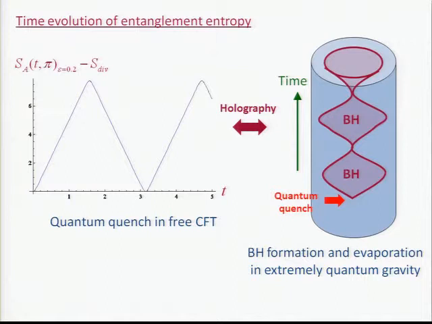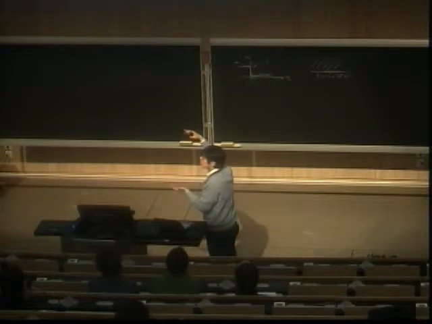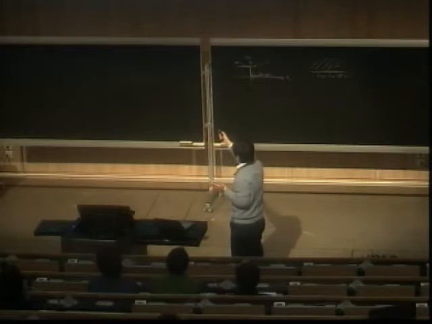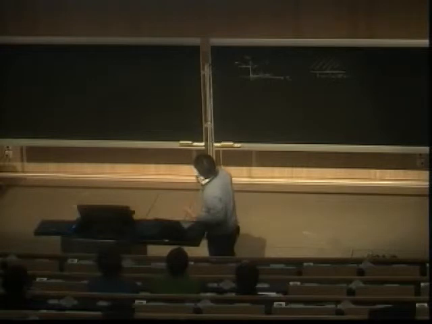But now the point is that we are taking into account this finite size effect. So this periodicity in the sigma direction is 2 pi. So it actually reaches a maximum at some point, and this is thermal entropy. Thermal entropy is finite because the size of the system is finite, and it goes down after it reaches the maximum, and it oscillates in this way. Of course this is a free field calculation, but it is not that difficult to imagine what will happen in the strongly coupled case.